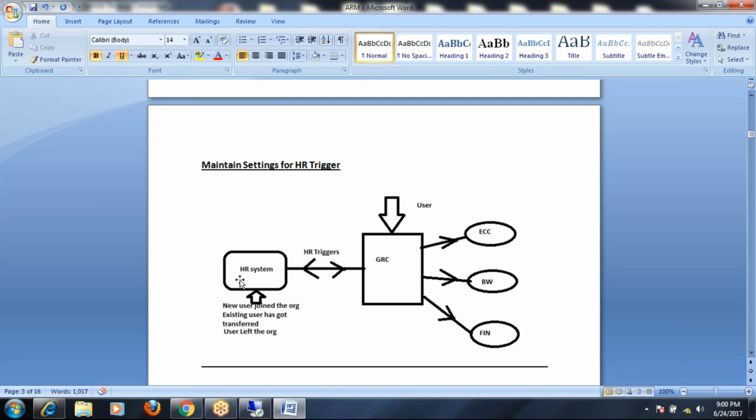So a company internally, that can be an IT company or any other client company, any sort of company, if they are using an HR system also to maintain their local employees' data, in that case this HR triggers concept can be used. Whenever a new user joins the organization, or an existing user is getting transferred from one location to another, or a user is leaving the organization,